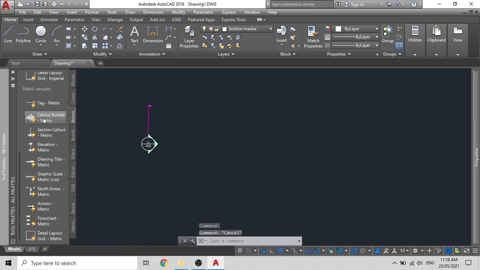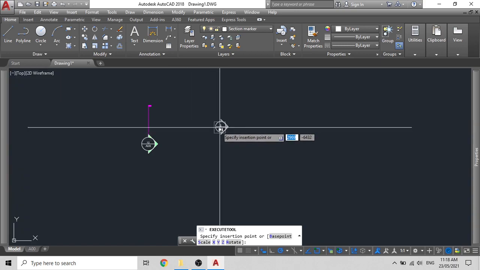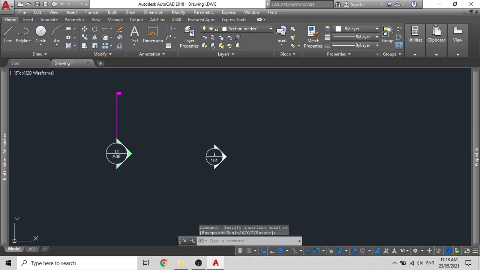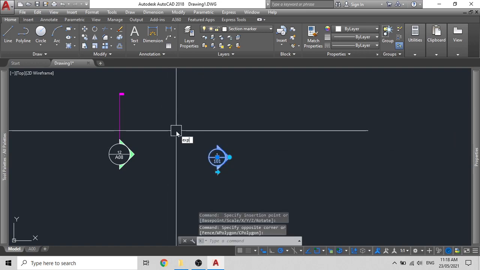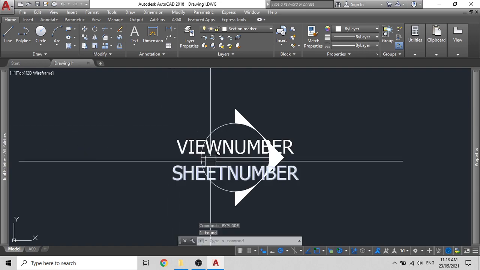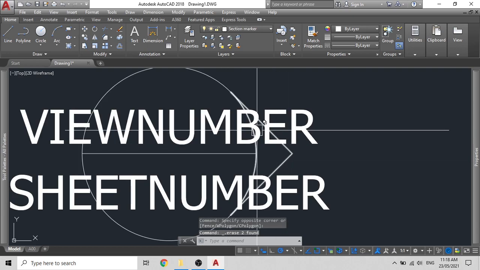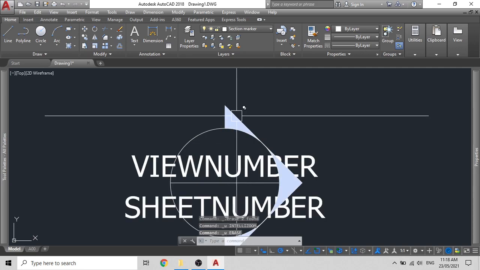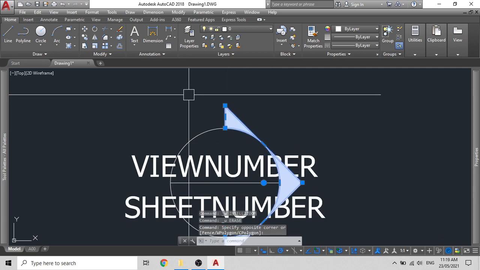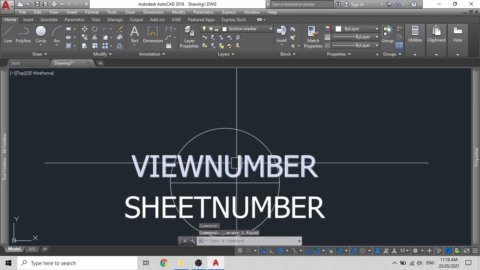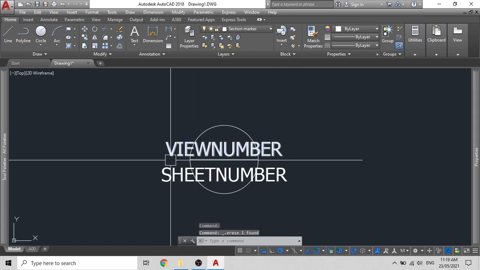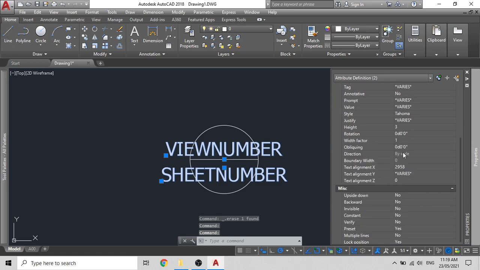Simply go to your tools palette that we had set up earlier. Click on callout bubble metric. You can just bring it there and click it there. What you can do is explode it, and you can just make your changes here. Remove this H and the arrow, and you can also remove this, because all you need is this. So we'll set both of these to layout text.